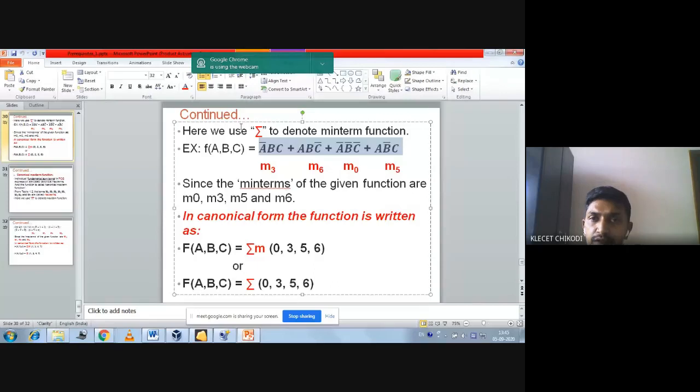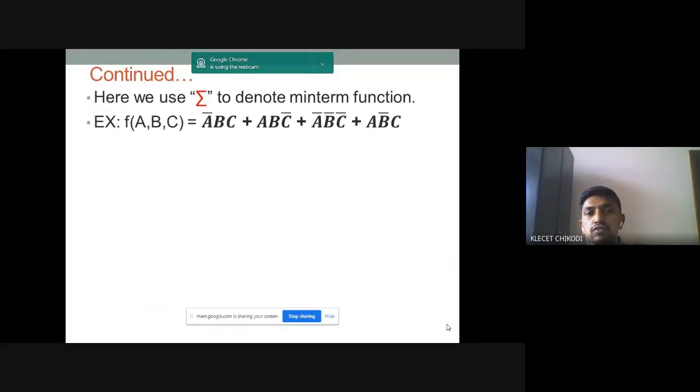Now what you have to do is write this Boolean function in the form of canonical min term form. Okay, canonical min term form. So if you see, I have written the A, B, C there. What will be the respective min term for that? Anybody? Just unmute your audio and tell me. For A bar B C, what will be the respective min term?